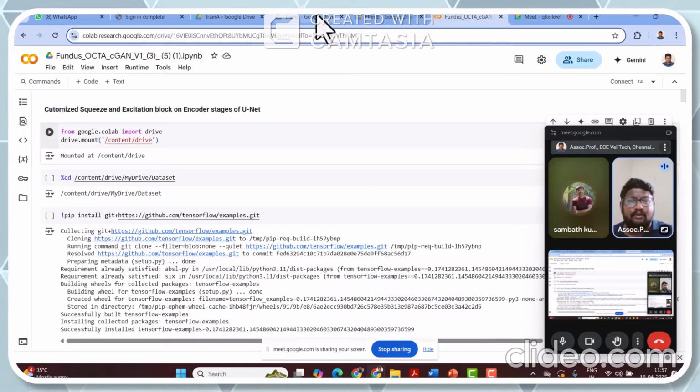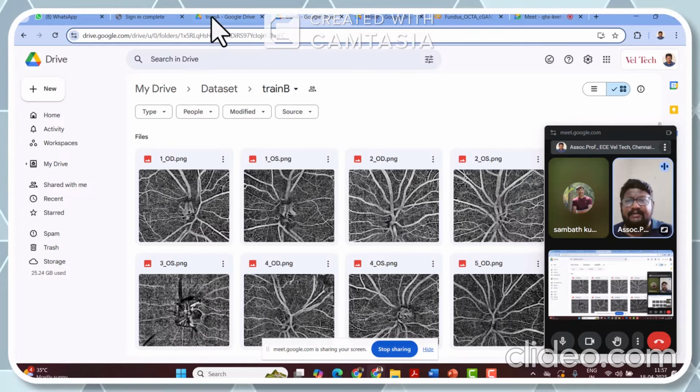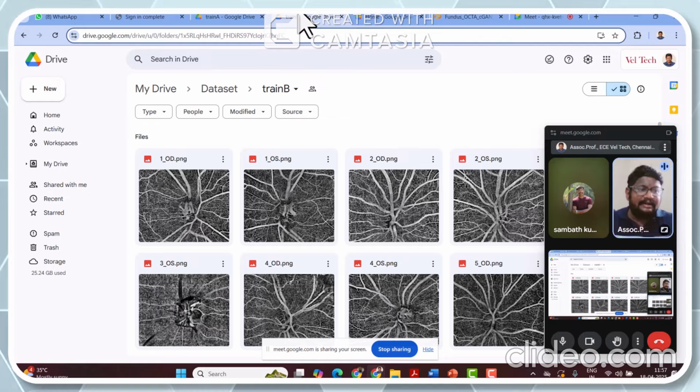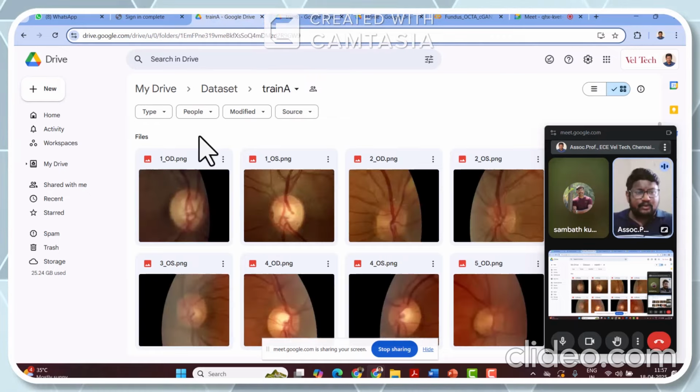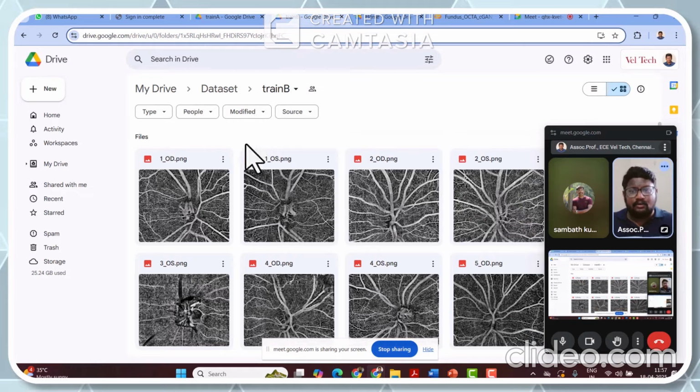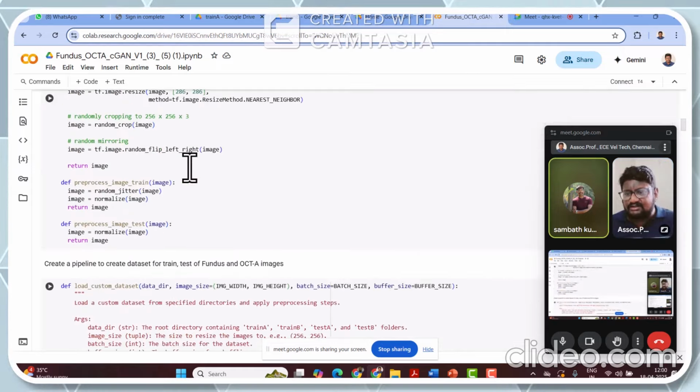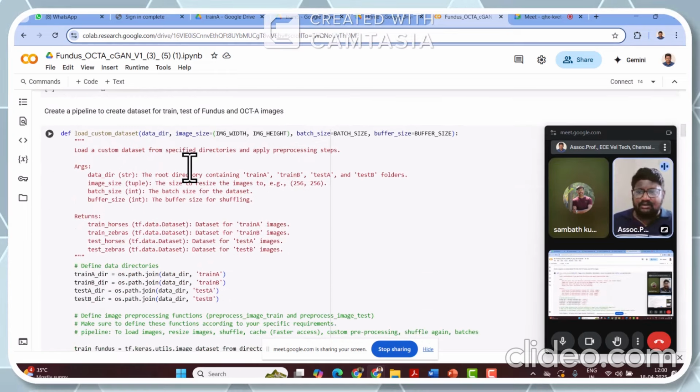As we have the input data in the drive, we are loading the data from the drive, that is the original fundus images, and what needs to be synthesized to train the GAN, mapping the images from one modality to the next modality. One is mapped to one here. So fundus images are mapped to the OCTA. Those trainings are being done. The dataset is already available on the internet. The dataset is not developed by us. So we have the train A, train B, test A, and test B folders, and those are being called from the particular Google notebook. And coming to the data pipeline, we have the data pipeline here: train A, train B,